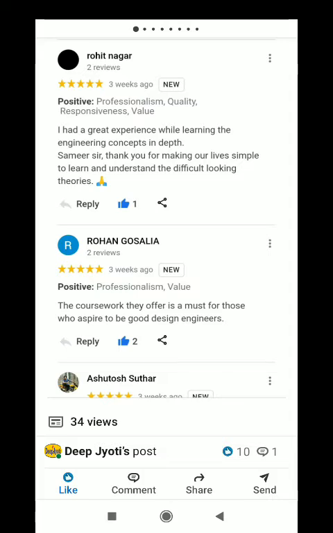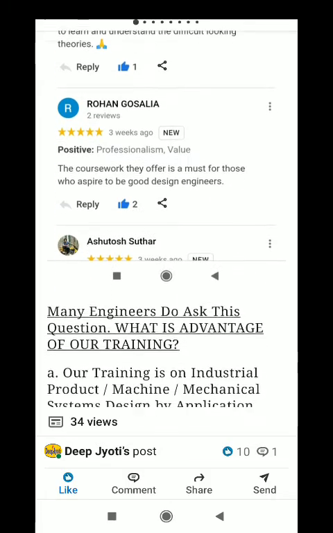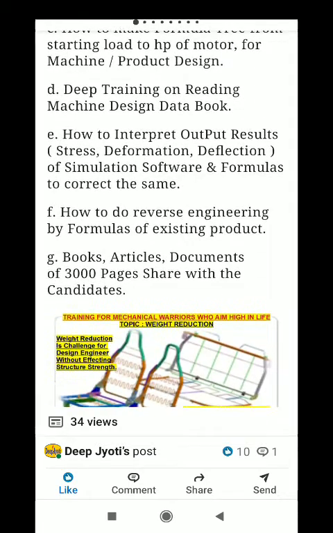And if you can solve design problems, they have very fundamental problems. If your fundamentals are clear, then you can solve the problems. But those fundamentals have to be practo-theoretical, not only theoretical. Many engineers say I am very good at theory, I am a gold medalist, I am BTech, MTech. It is okay, but if I give you a practo-theoretical problem, then you say, oh, I have not come across this kind of design.